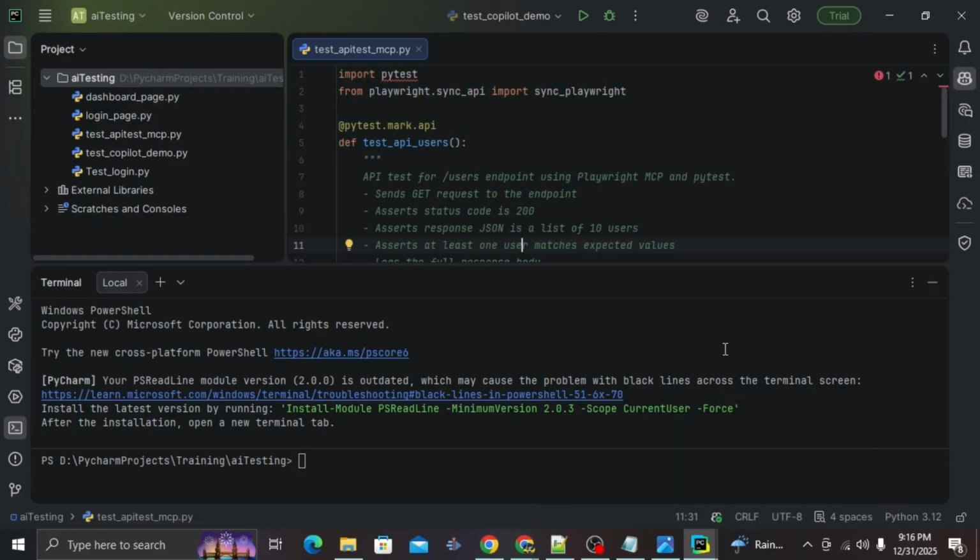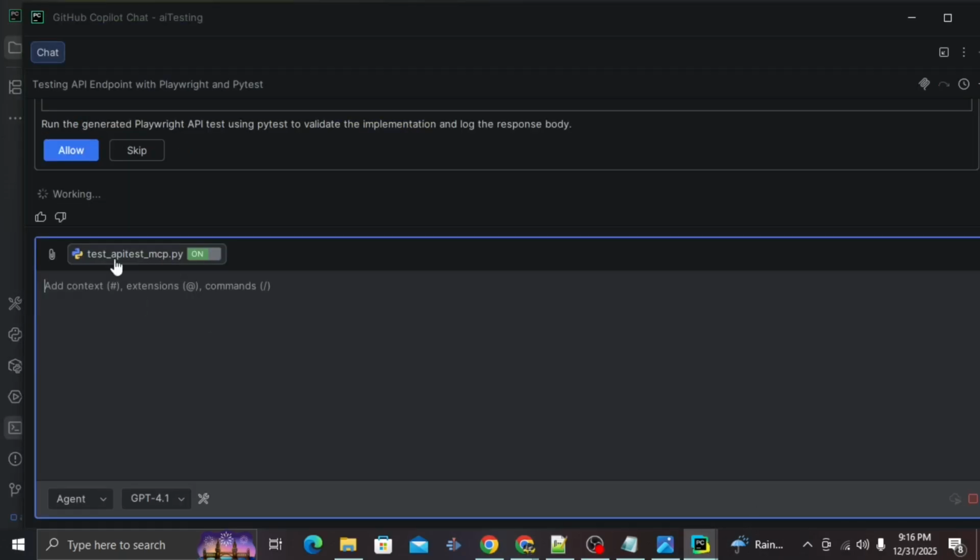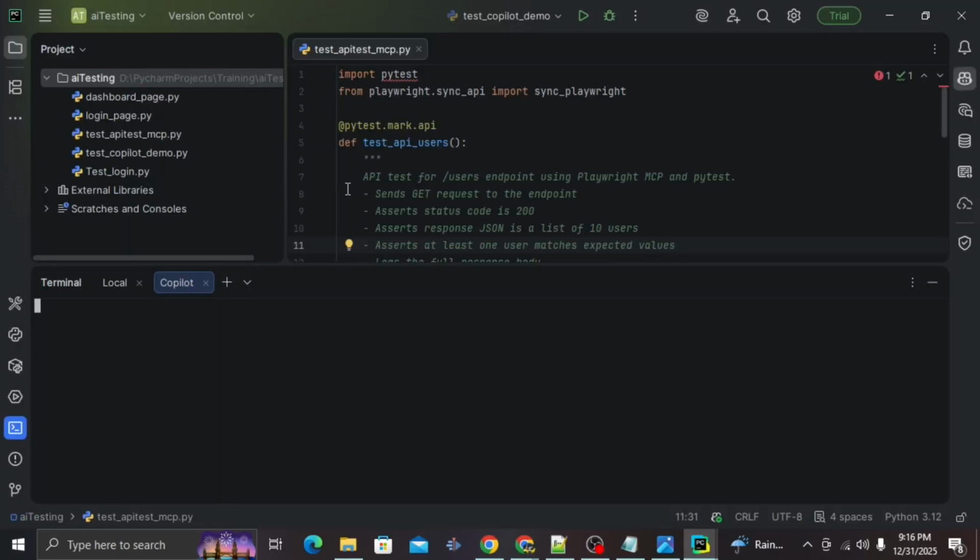I will accept these things as well. And again in the chat window,